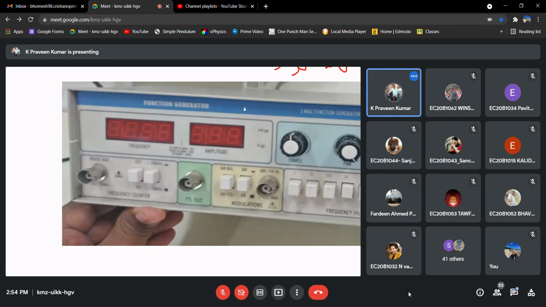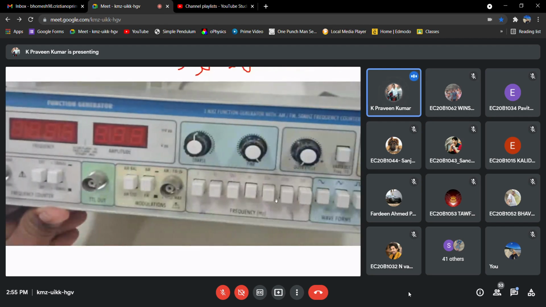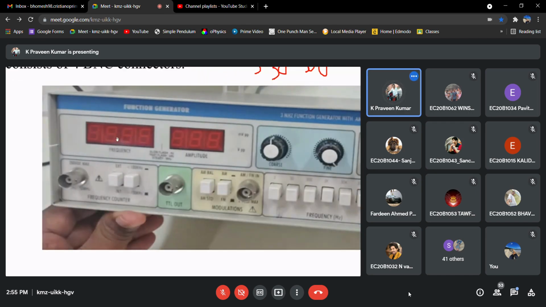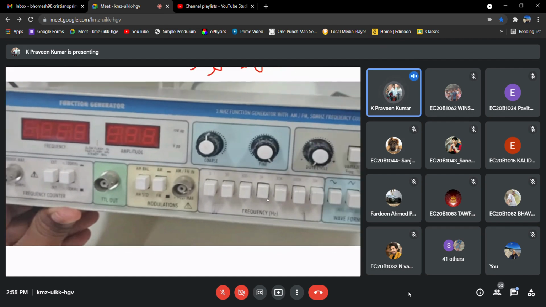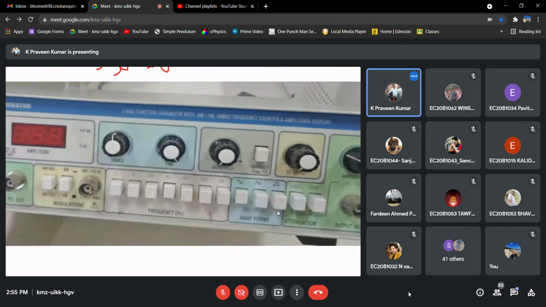So what is the value that it is showing? Either it is showing the peak to peak value or the peak value. So that we have to know, right? That is one more thing we need to observe. So another one, frequency, right? So this already we know. It will be displayed in terms of hertz. But the thing we have to know is what is the range that we have selected. Based on that only, it will display the number, and the decimal point also will be changed accordingly. So whatever the range that you have selected, based on that.